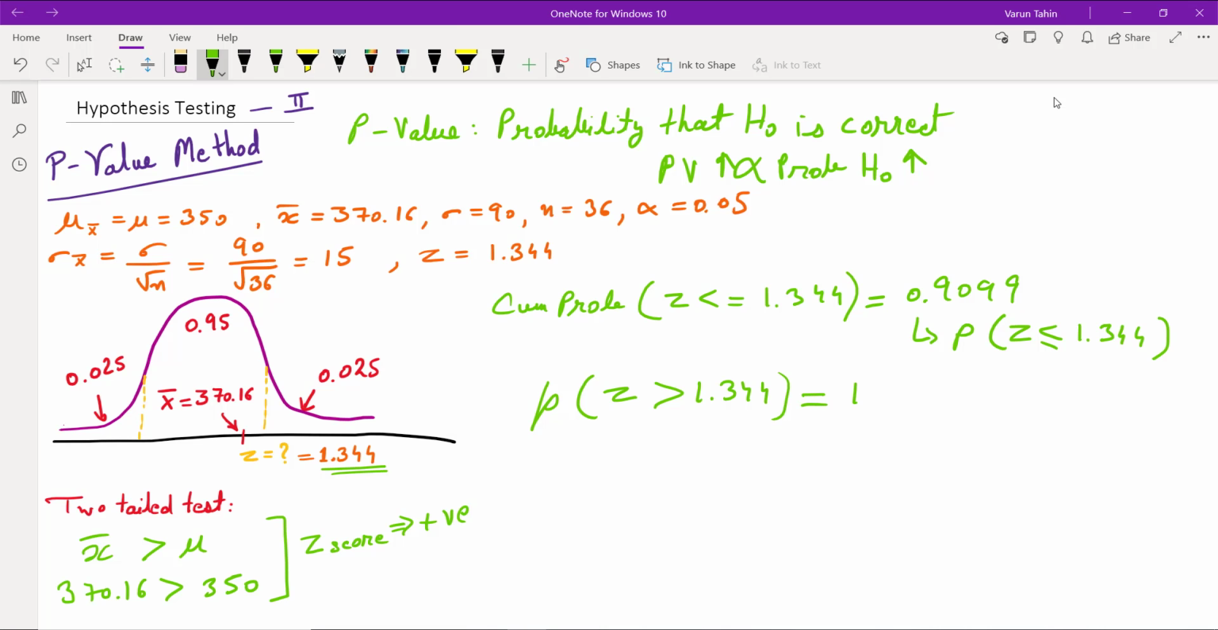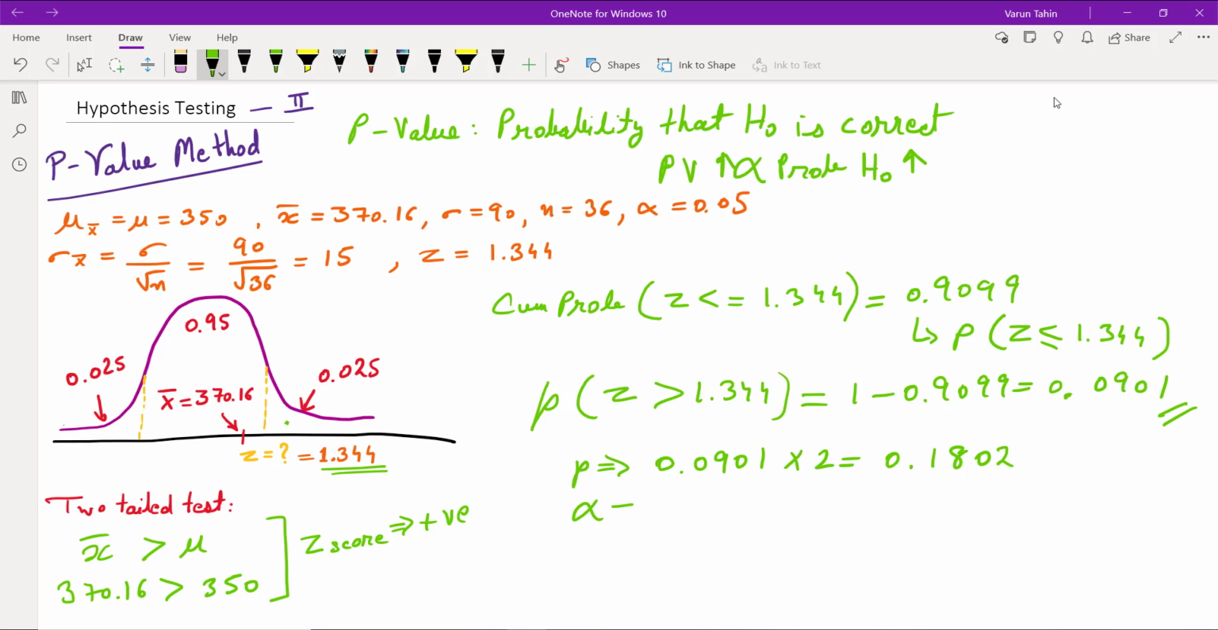It will be 1 minus 0.9099, which is 0.0901. So this is the p-value for a single region, for this region. Now as this is a two-tailed test, this will be multiplied by 2. So the final p-value will become 0.0901 into 2, which is